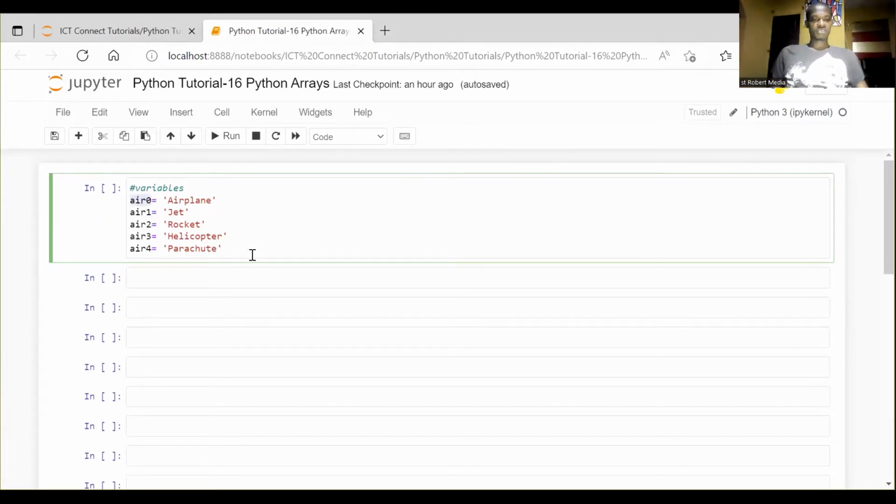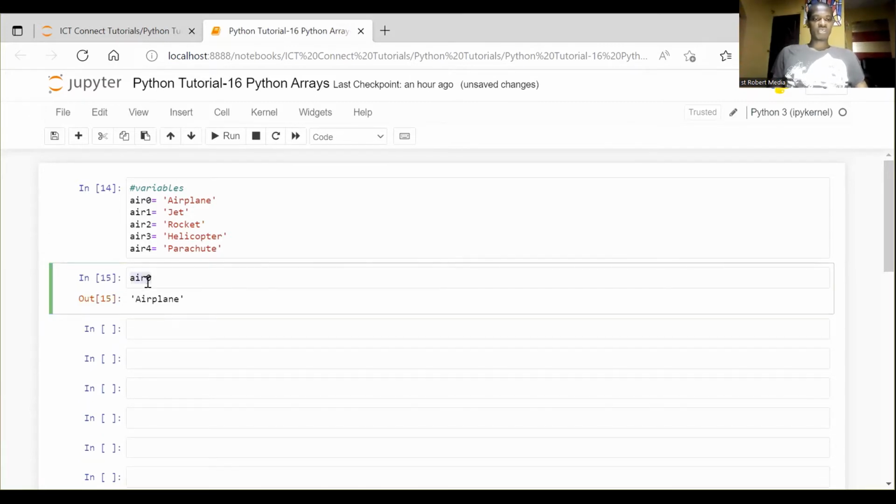If we just want to run one of them, Air 0 will be airplane. Now, this is just a basic variable which we have created. But just imagine if you wanted to store 1 million values, 1,000 values, or much more than 5 values. You definitely need to have them organized in a